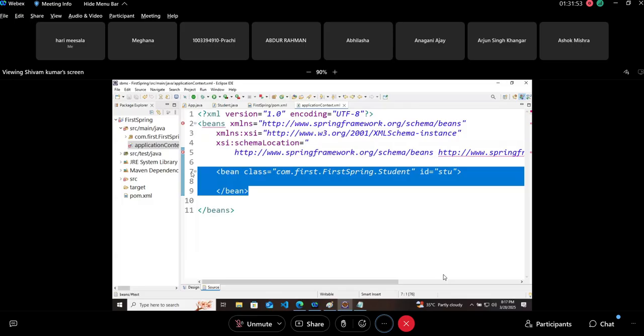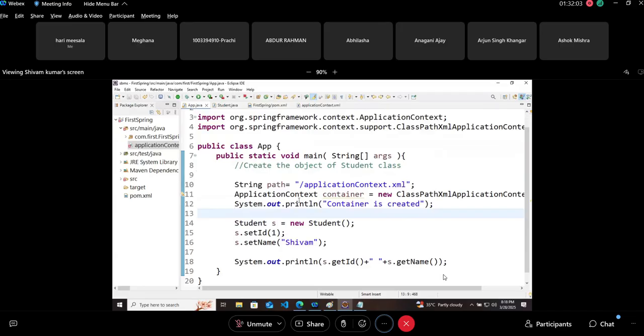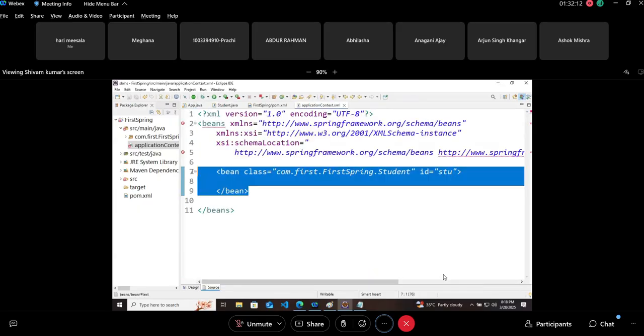Bean is just a Java object in simple terms. We will have a detailed definition of beans. We will have a detailed definition of application context, whatever the new terms are. But you should understand how IOC is implemented. Now our container is already maintaining the object of it. How we will ask it?